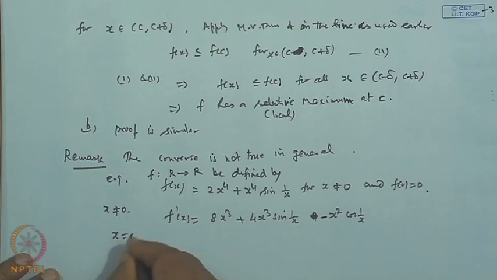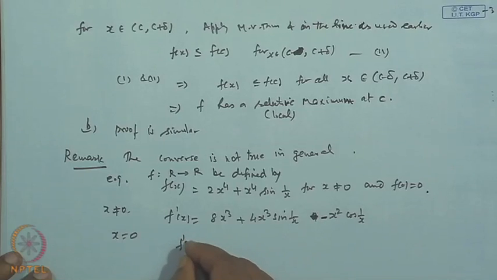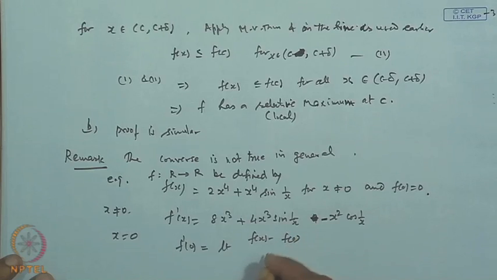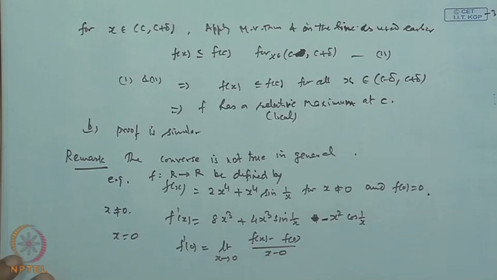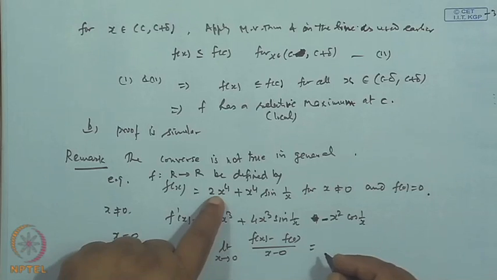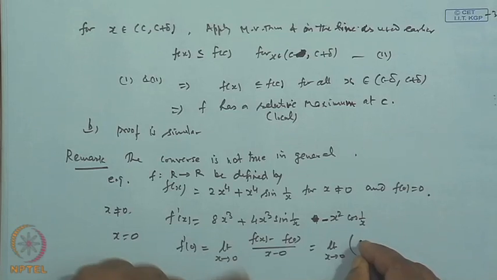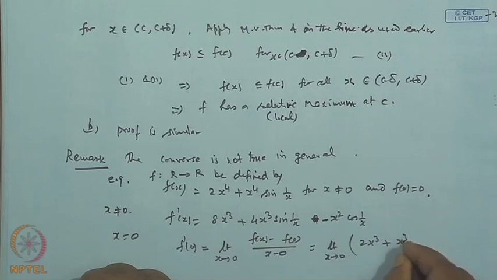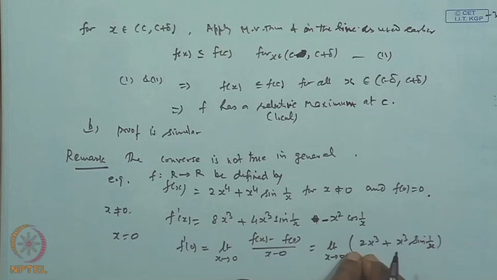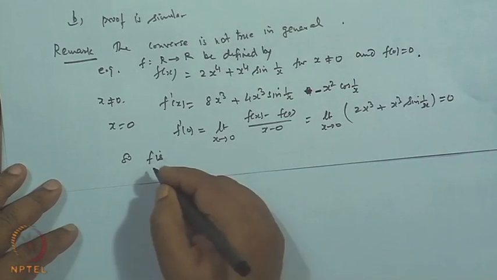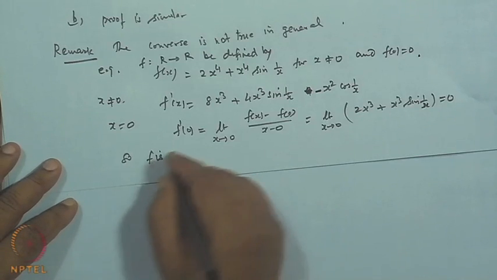And when x is equal to 0, the derivative f prime(0) is the limit of (f(x) minus f(0)) over (x minus 0) as x tends to 0, and this comes out to be what? When you divide, you get the limit as x tends to 0 of 2x cubed plus x cubed sin(1/x), and this is dominated by x cubed, so the total limit comes out to be 0. It means the function f is differentiable,